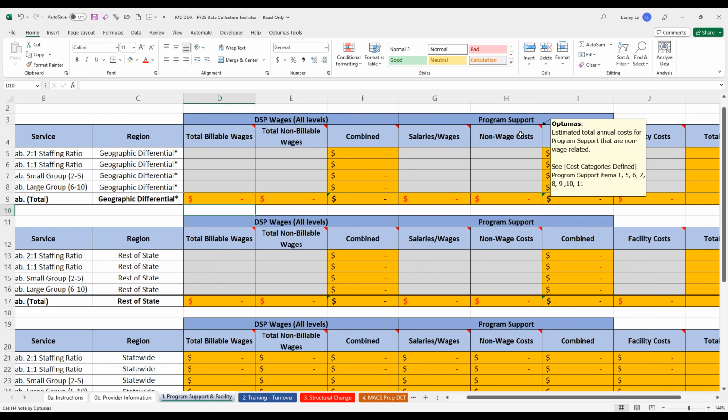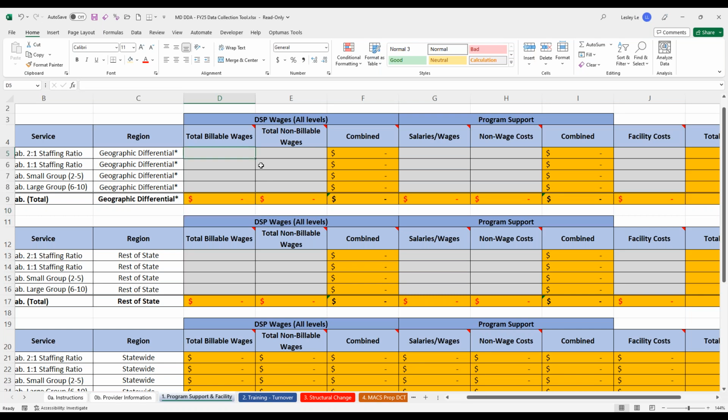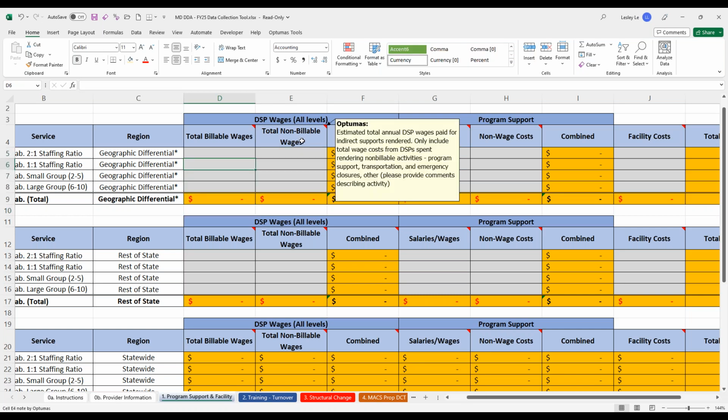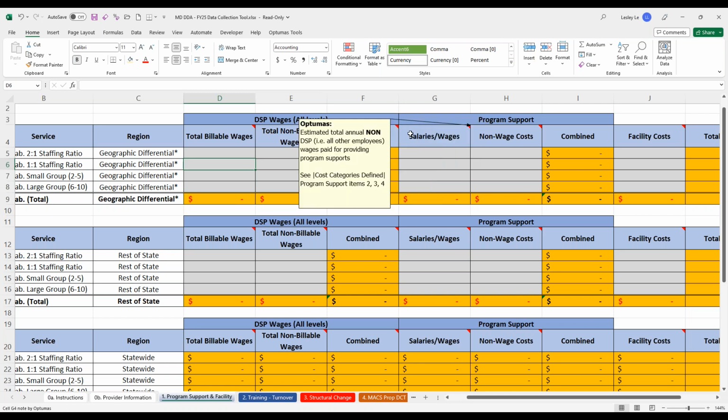So as I mentioned earlier, none of the look of the tool changed. All of the columns and cells are still asking for the same information, but based on feedback from last time, we just wanted to clarify some directions on here.